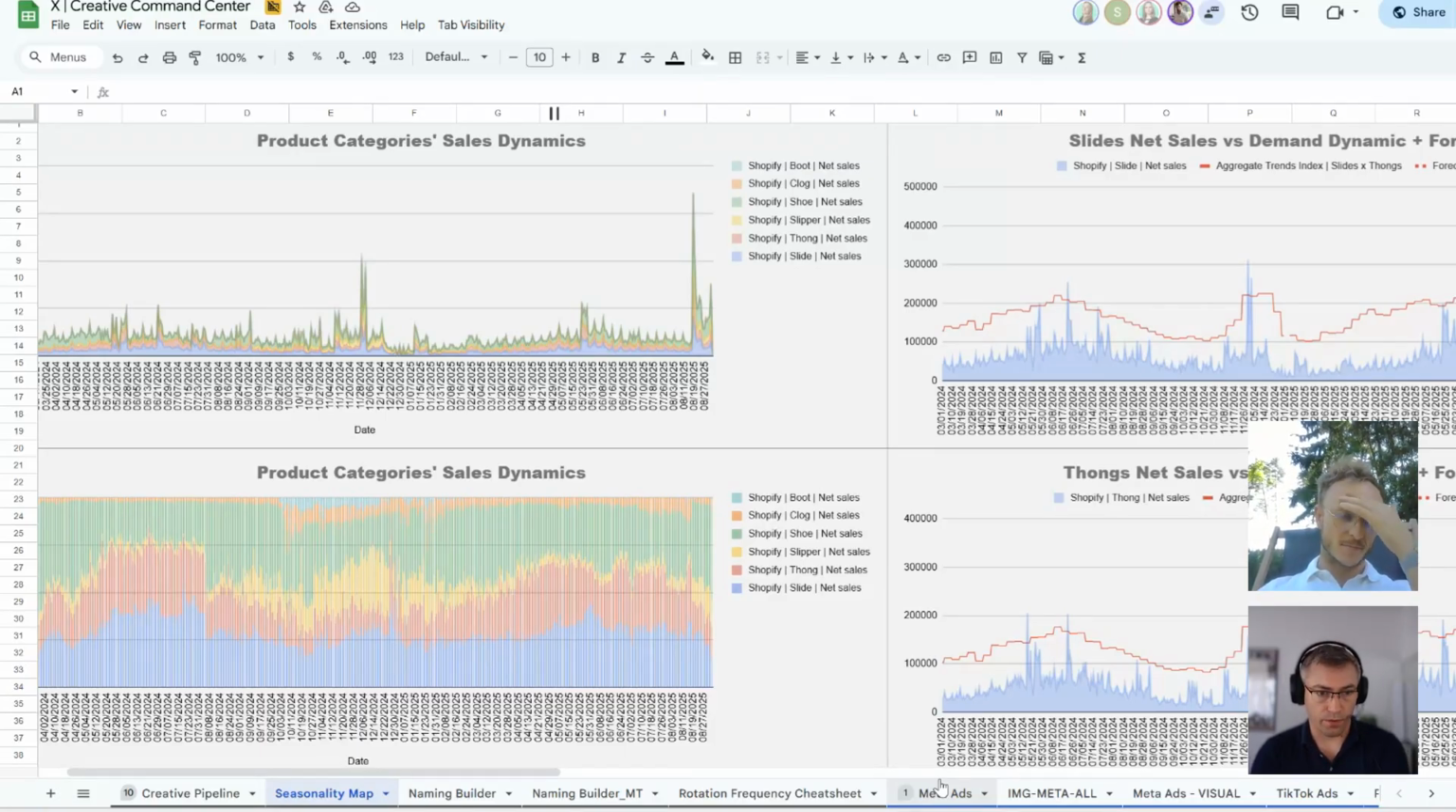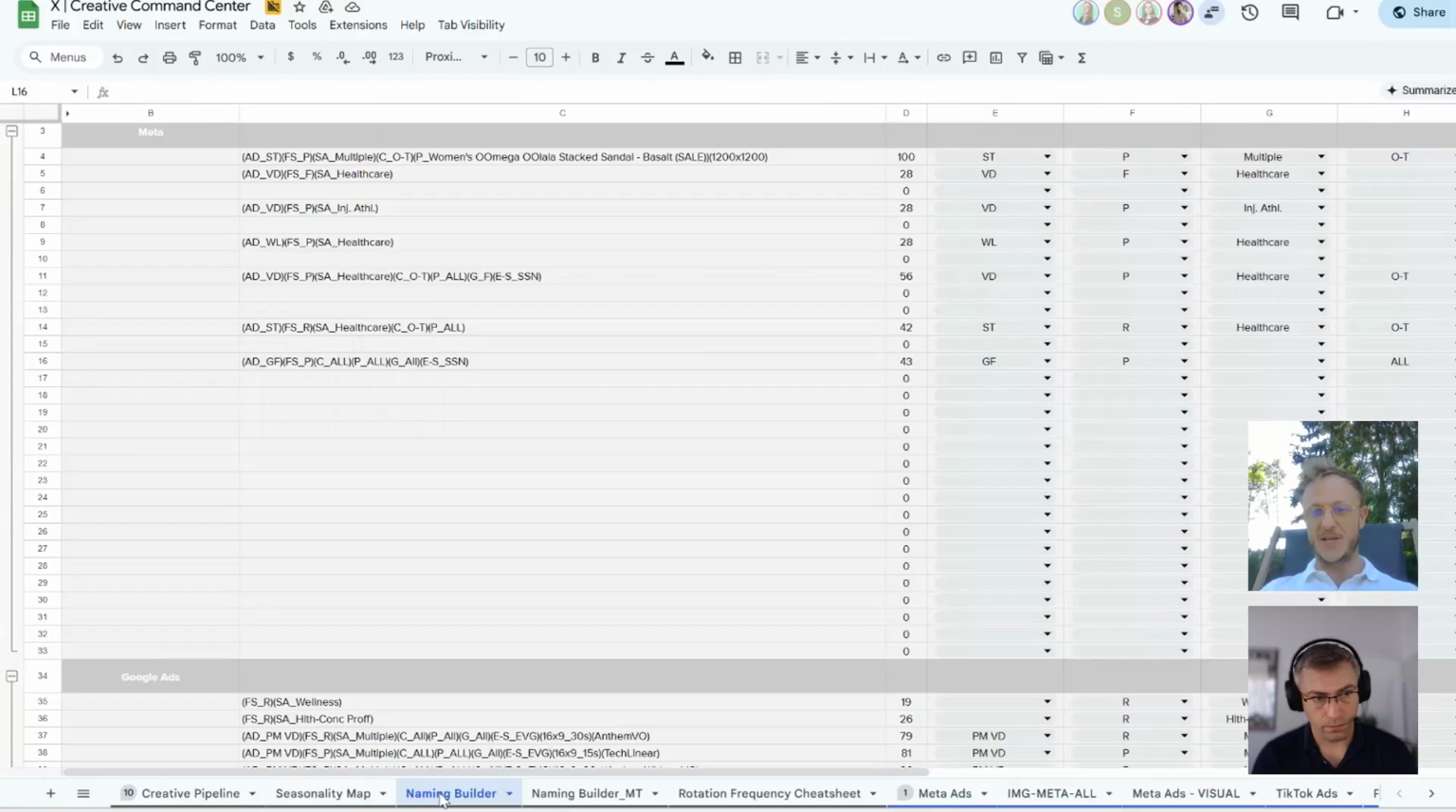Let's move on. Is there anything else that we could see on this tab? Yes, in this step, I think we can move on to the next step. So the next step is a naming builder, and for us, and I believe for most of the agencies